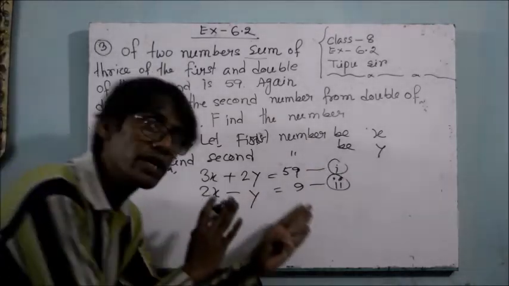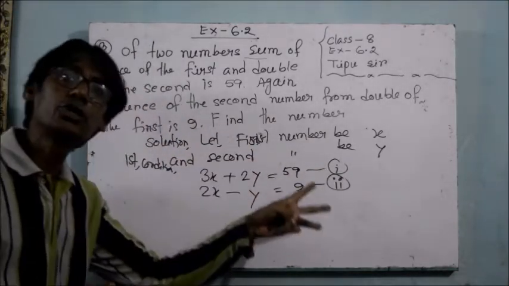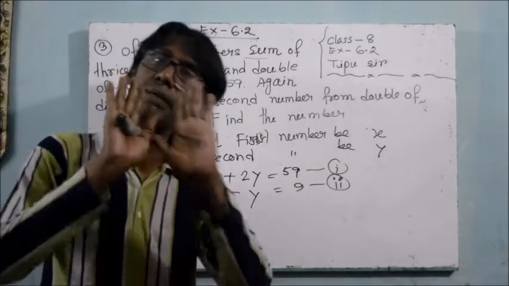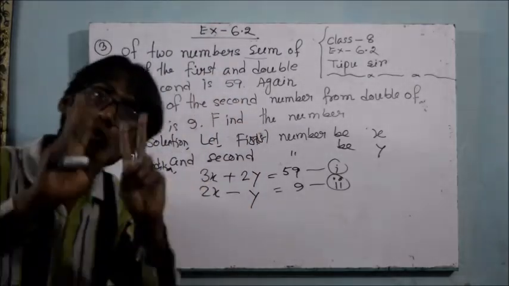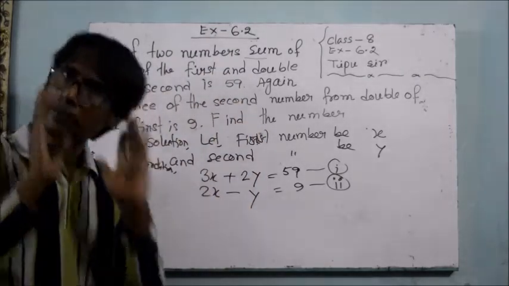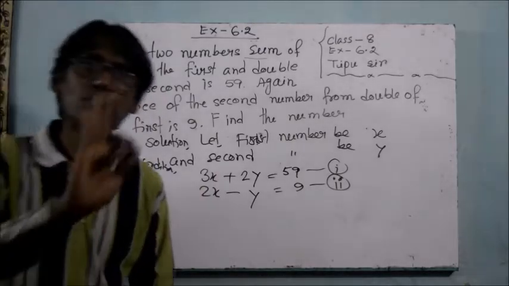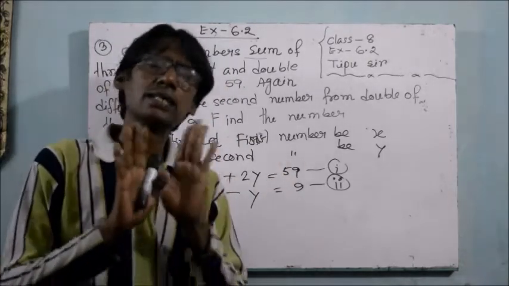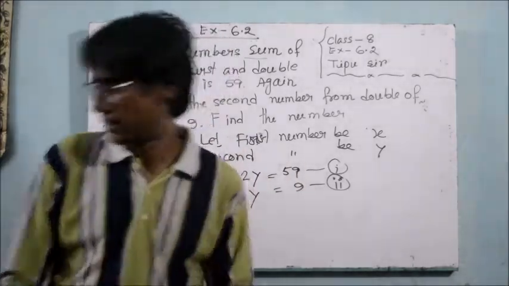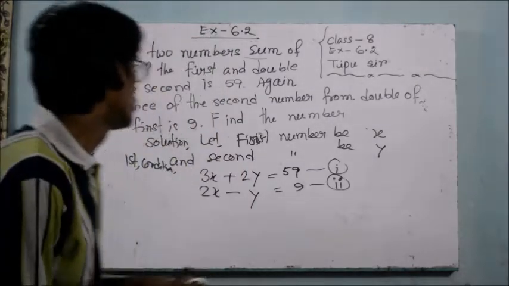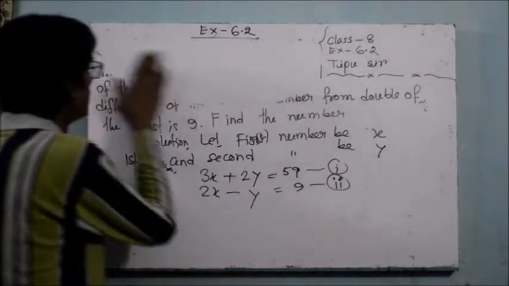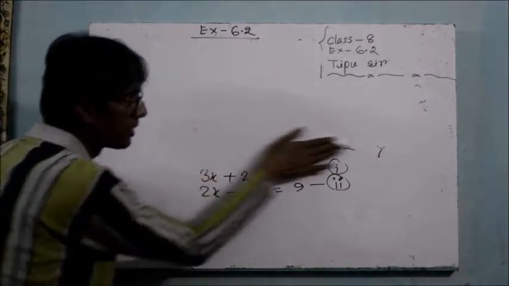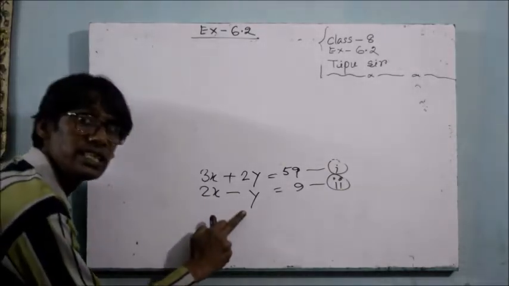So dear students, observe carefully. I have already made two equations from the two conditions. So now you have to decide how you can solve the math. How will you do it? You can solve it in two ways. One is the elimination method and another one is the substitution method. I think if you decide to solve this math by the substitution method, then it will be very easy for you. So apply the substitution method here.